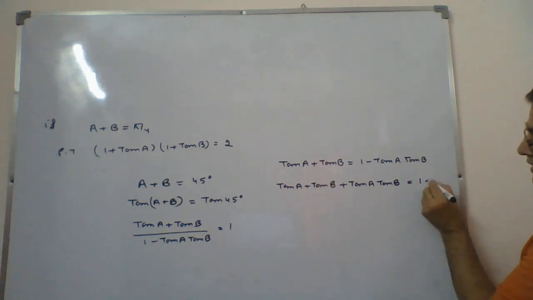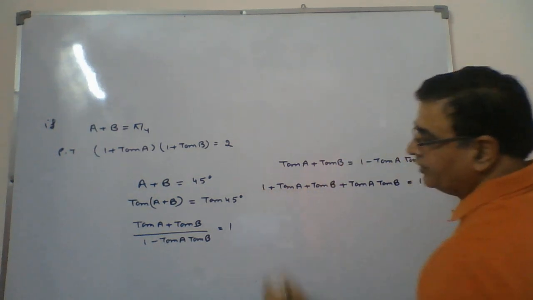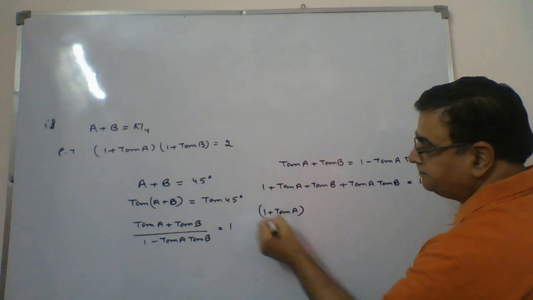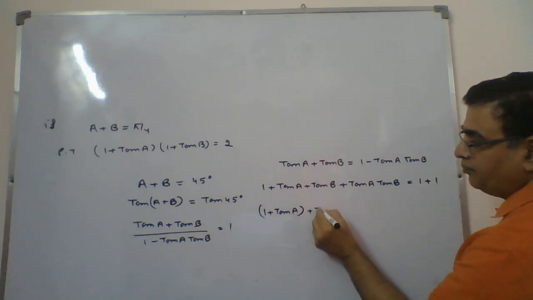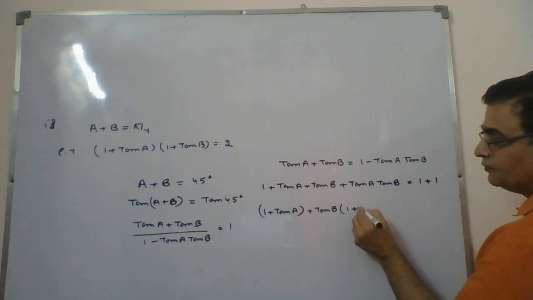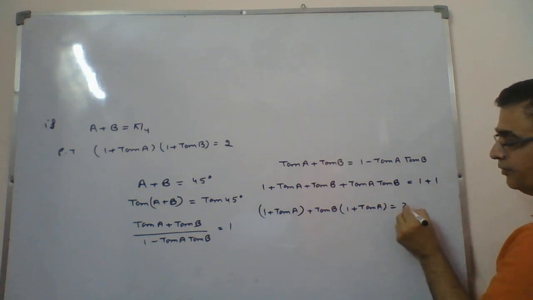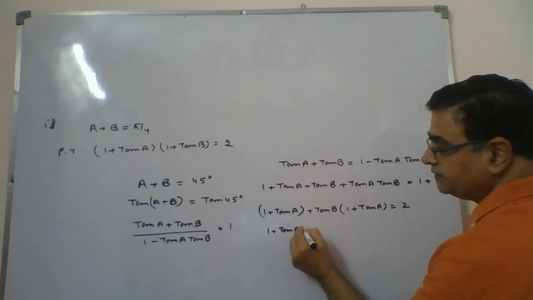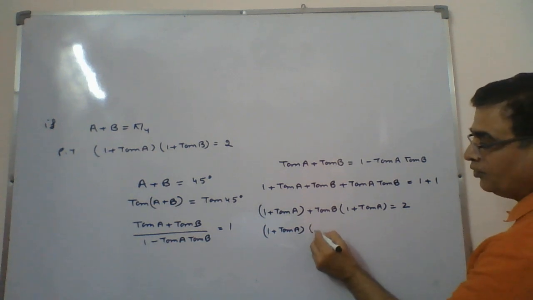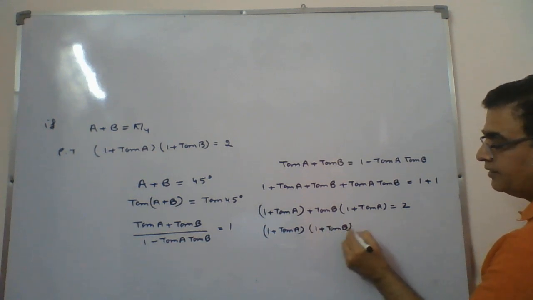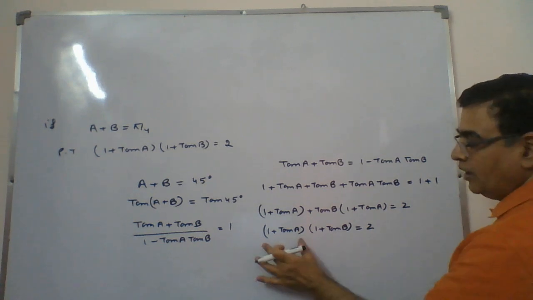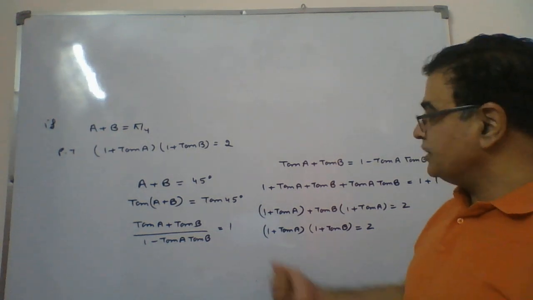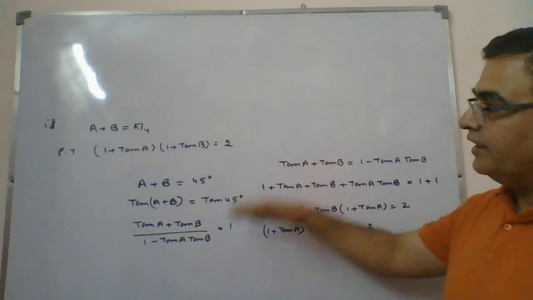So what we do in this case, next step, we'll add 1 here and add 1 here. When you do this, it will come out to be 1 plus tan of a. In this, we will take tan b common. So it will be again 1 plus tan a and coming 2. And now 1 plus tan a is common in it. Left is what? 1 plus tan b. That comes out to be 2. 1 plus tan a into 1 plus tan b is coming 2. This is the required result we have. So this way, a very simple question, not a difficult one. You can get this result.